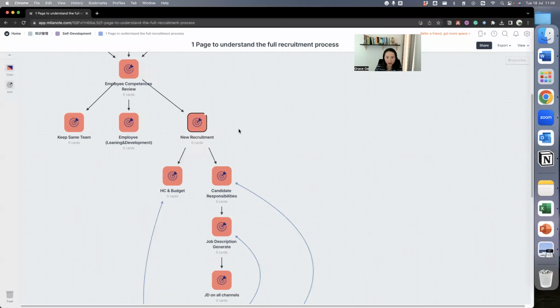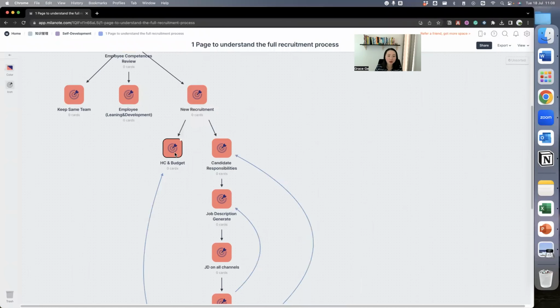And then by having this new recruitment, HR needs to internally apply for headcount and budget for each of the vacancies, and then clarify the candidate's job responsibility together with the managers from that team.